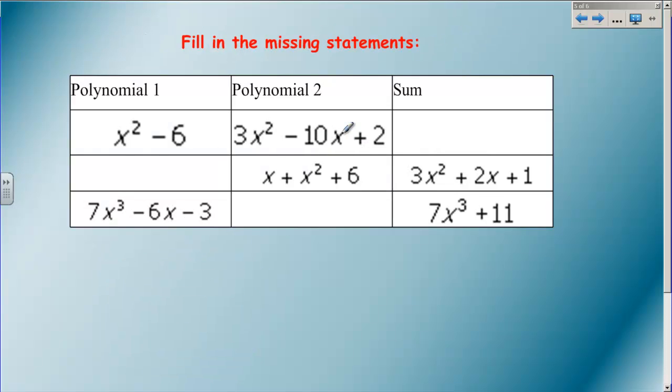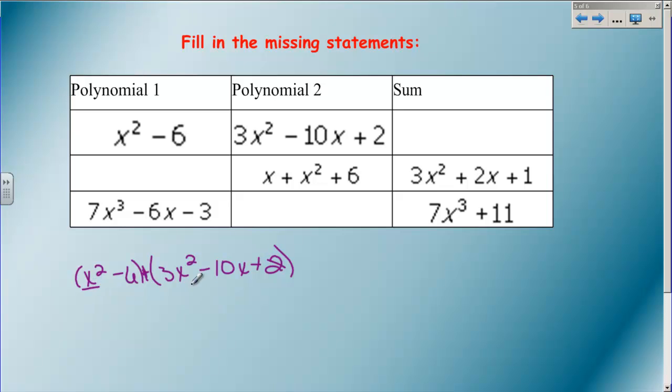So now we're going to fill in some missing statements. Just going to practice a couple of things. If these are my two polynomials and I want the sum, I just have to add these two together. So I have to do (x squared minus 6) plus (3x squared minus 10x plus 2). Like I said, keep your parentheses so that you can see you had two different polynomials being added, and then